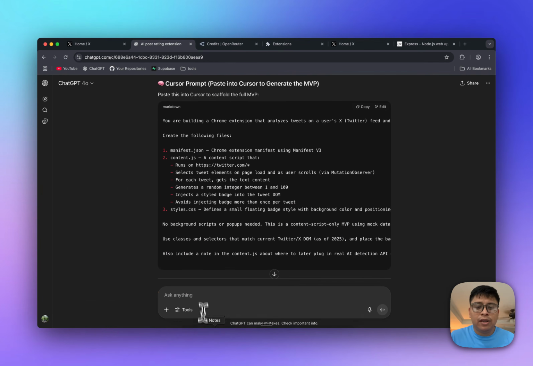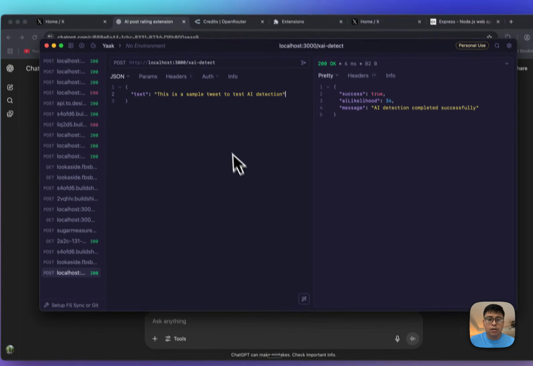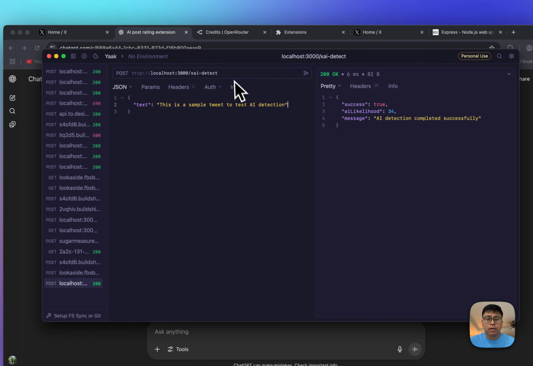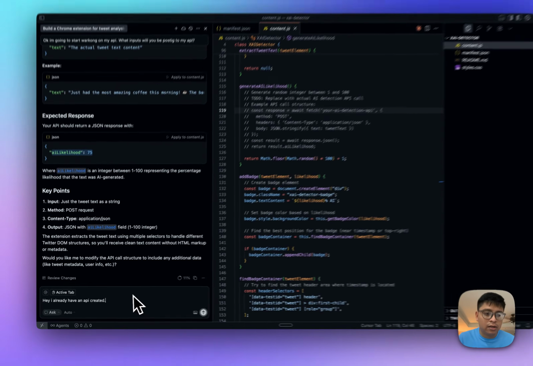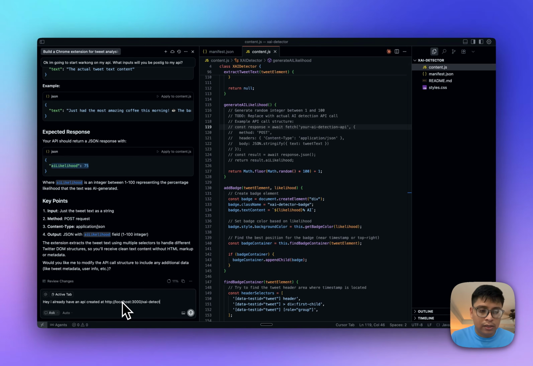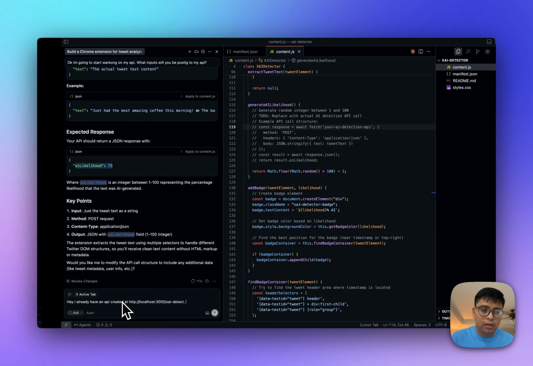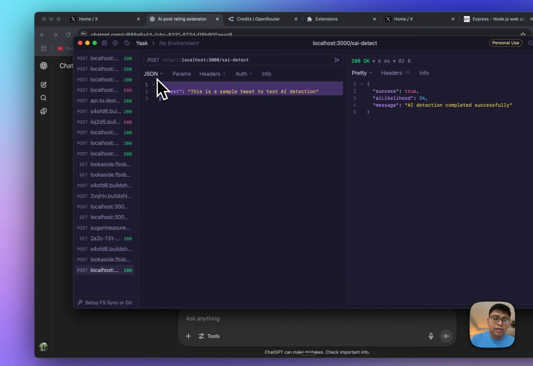What we can do here is come back to our API client, and I'm going to pass that URL here at this endpoint, and then it takes a sample response